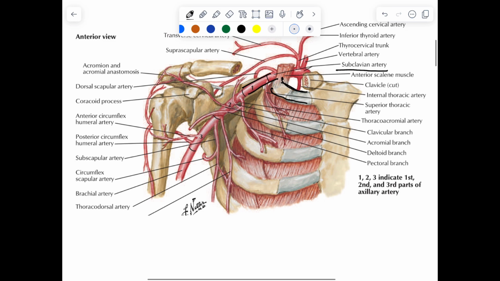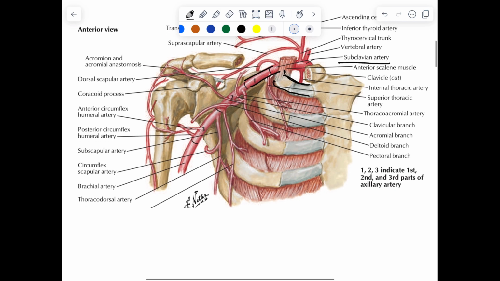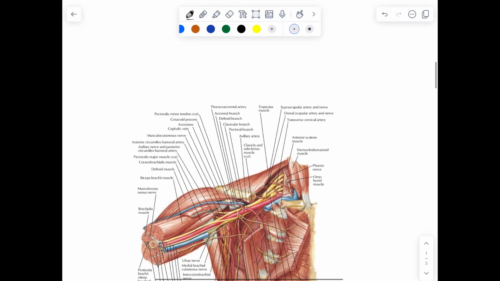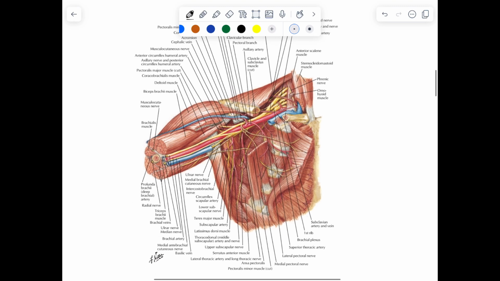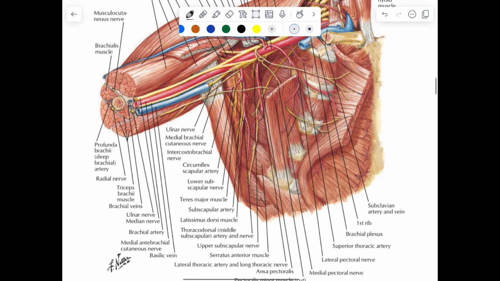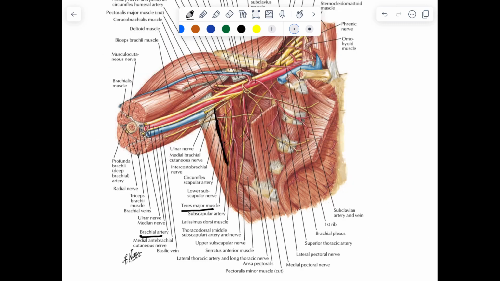Now the pectoralis minor muscle will divide the axillary artery into three parts. That is what is marked as 1, 2 and 3 here. And we'll see all those parts and the branches which come from these parts later on. Here you can see in this picture that the muscles are marked. I want you to notice the teres major muscle, because I told you the axillary artery will become the brachial artery at the lower border of the teres major muscle. So this is the lower border of the teres major muscle, and below it the axillary artery becomes the brachial artery.